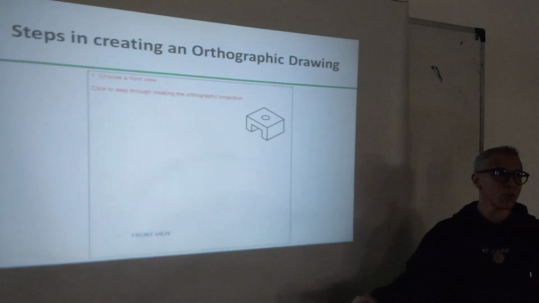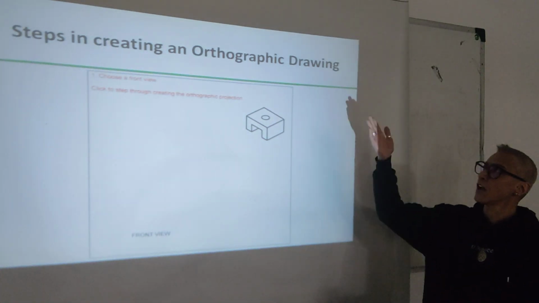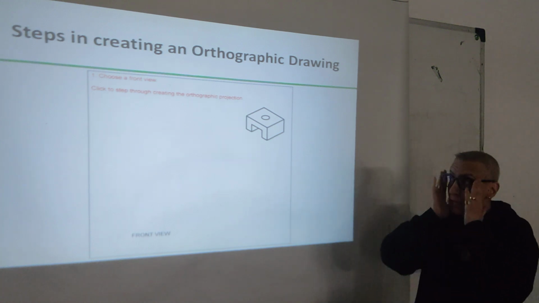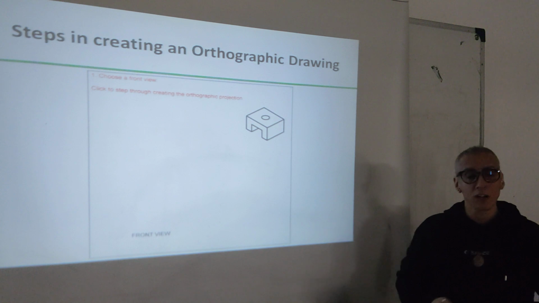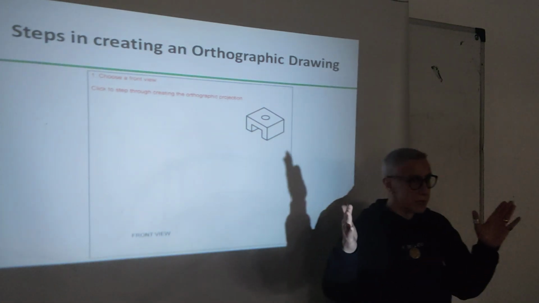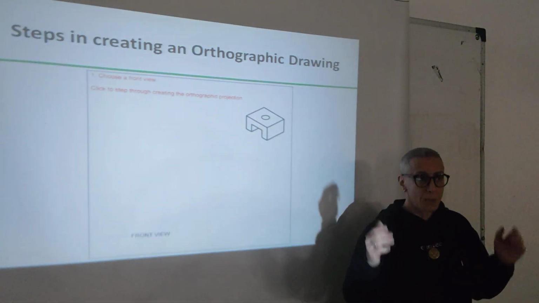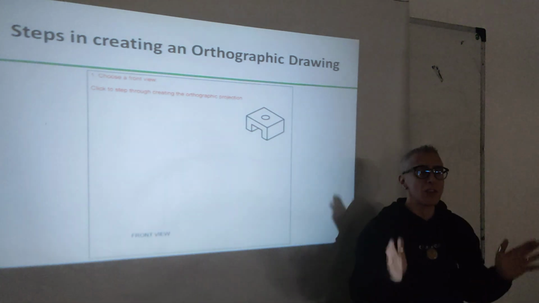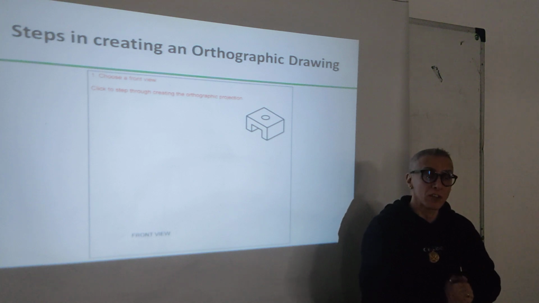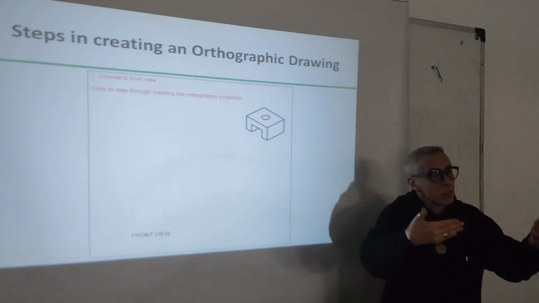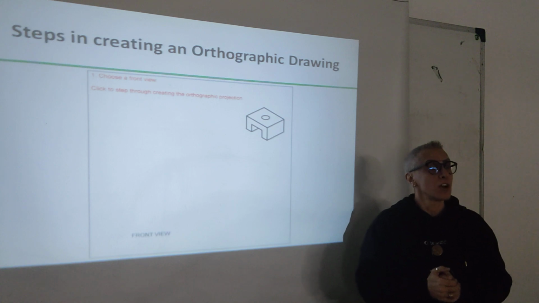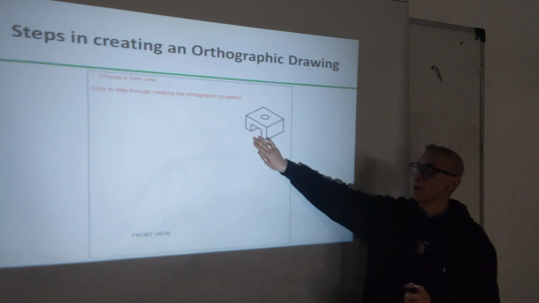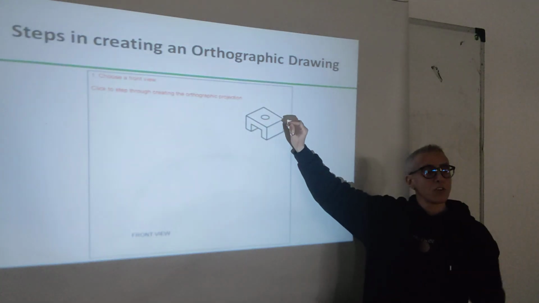Now I will very fast go over the steps in creating an orthographic multi-view drawing. I already explained last class, but a quick reminder so you can start drawing. Of course, you need to have your paper, A3, landscape, the border finished, the letters, the numbers, everything as I explained in the first lecture, finished. After that, you have been given objects, like, for example, this 3D shape, like you have in your papers.